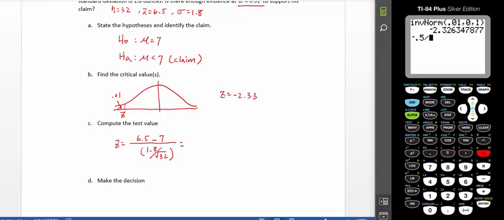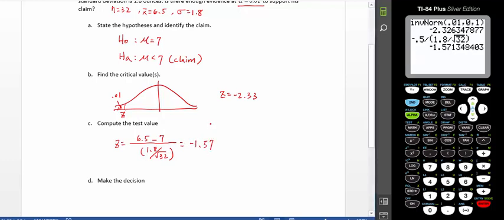I'm dividing by 1.8, and make sure you have parentheses around that, divided by square root of 32. Okay, so now I'm going to press enter,